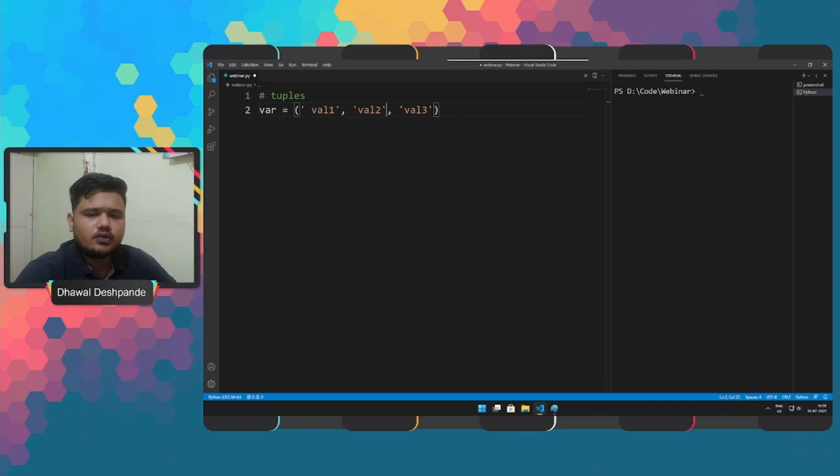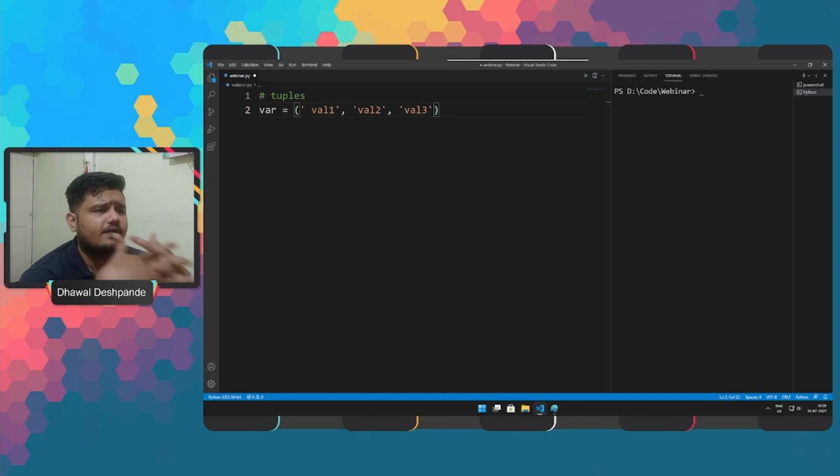So moving forward, there are certain things that you have to understand about tuples as well. These are different parts of our sequential data, right? The working of a tuple is almost the same as our list. However, there are certain things which differ a tuple from our list. The first and foremost thing is that tuples are unchangeable.